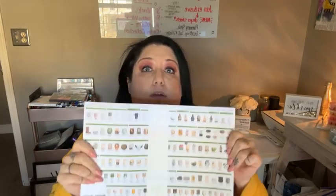But that's a really inexpensive way for me to do a mass mailing, is utilizing the product list, right? So I grab a package of product lists. I also grab one package of catalogs just so I can have the catalogs on hand. I also grab a copy of the new releases in the stickers, the rub and sniff stickers, because I like